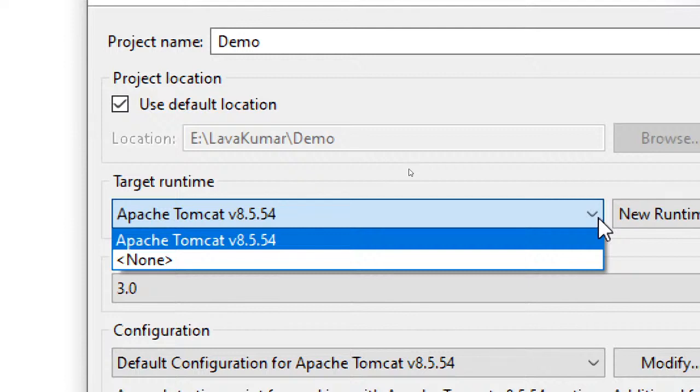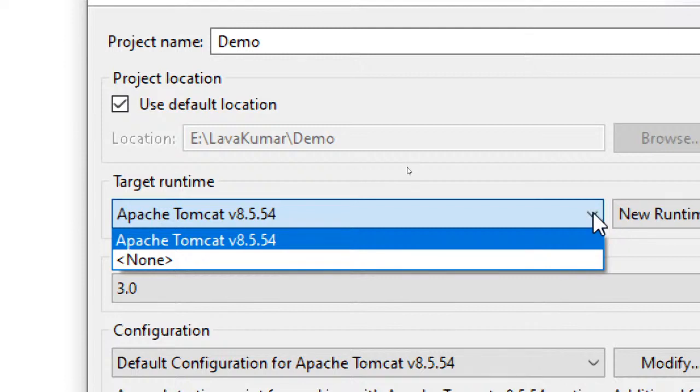So use this Apache Tomcat. You can use any version from 5 onwards, no issues. By default, when you download it, you can download the latest version itself.